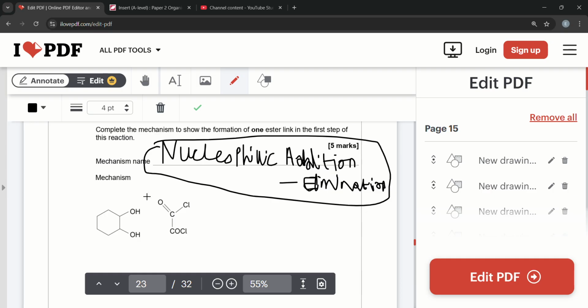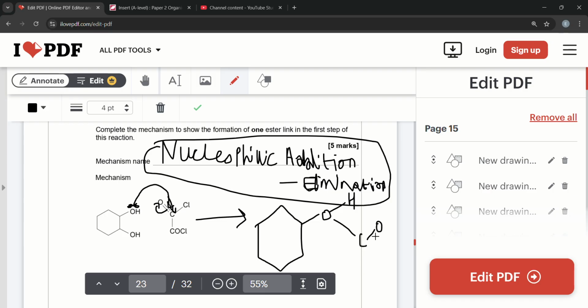But what happens is oxygen has a lone pair of electrons in OH. The oxygen, that should just be a lone pair of electrons. And it's going to go straight from here to the carbon, not to the double bond, to the carbon, and then from the middle of the C double bond O to the oxygen. Now what happens? Well, now you've got this, the oxygen, the hydrogen, this carbon, this oxygen,